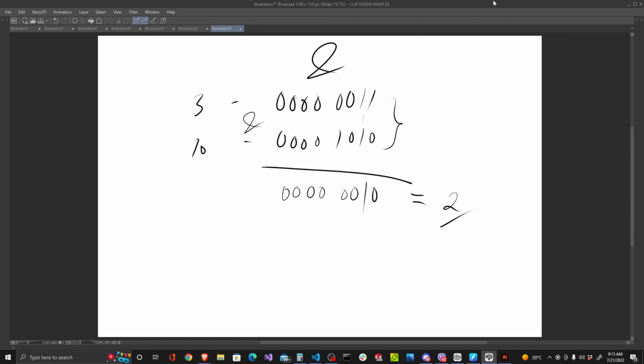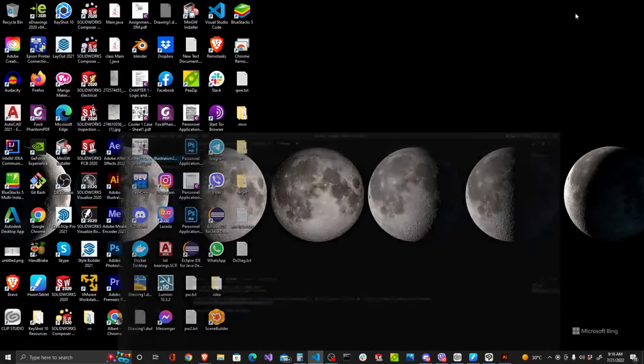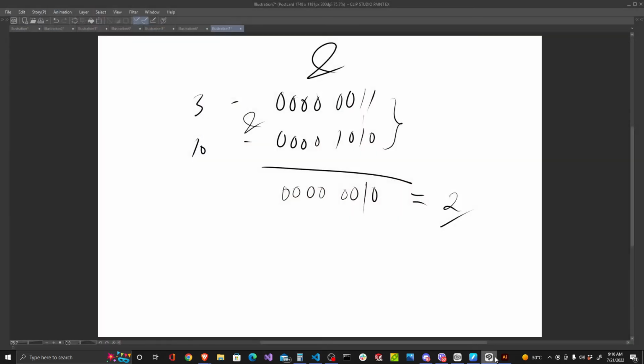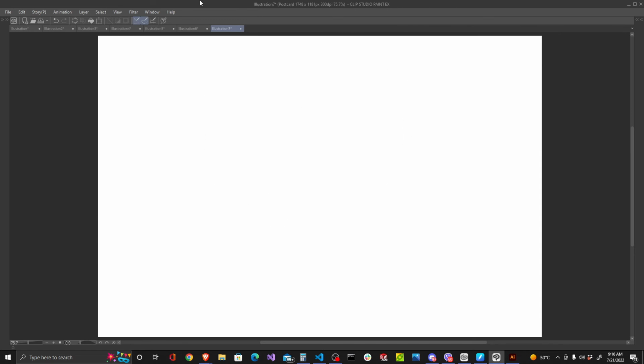But how about the OR? So about this one, this OR here. I was just gonna remove this comment here, and then let's see what we're gonna get. As you can see in here, it is A or B. This A or B here will work by having this kind of rule. In OR, I'm gonna delete this one first. So in OR,